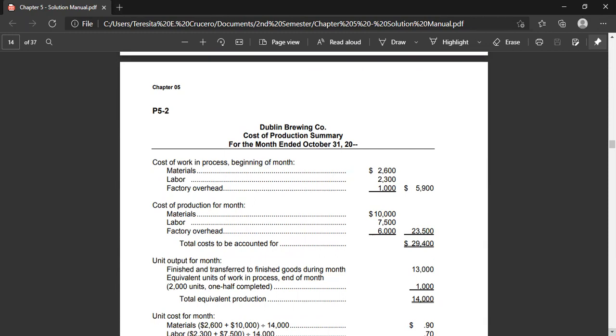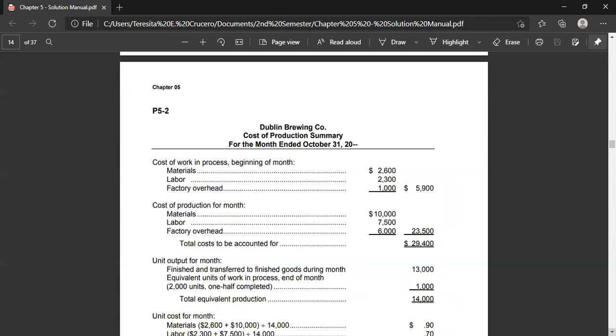Then we go to problem 5-2. Brewing company uses the process cost system. The following data taken from the books reflect the results of manufacturing operations during October. So we have now the work in process beginning. The cost is